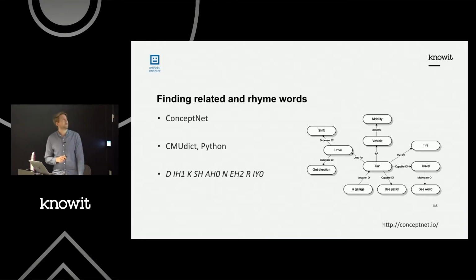For the rhyme words, I used CMUdict and Python. What you do is you feed CMUdict a word, and it comes out like this. This word is dictionary. It's going to look like this. You remove all the numbers, because those are the stress syllables. They don't matter. We just want to check if it rhymes. So at the very end, if it rhymes with another word, you can use some rhyming rules for that. I'm not going to cover them here.